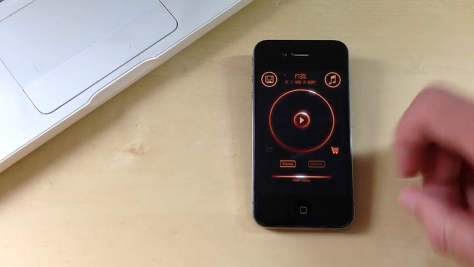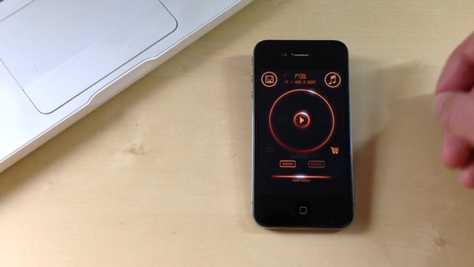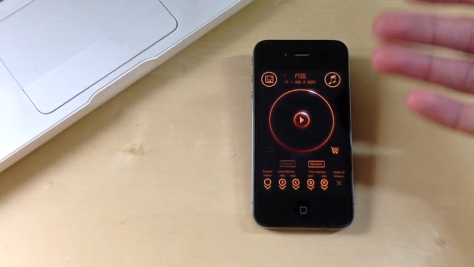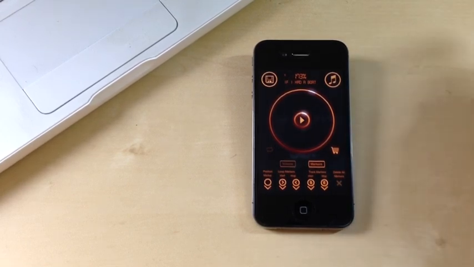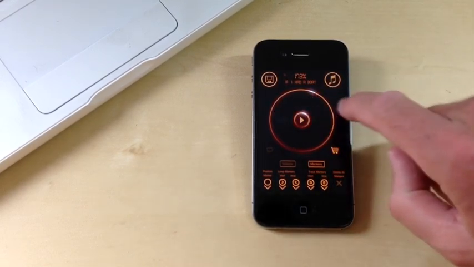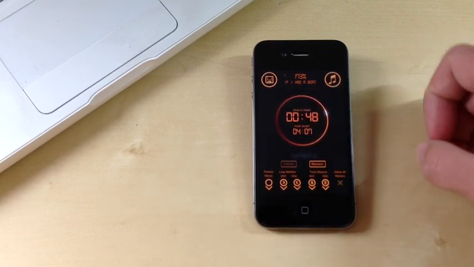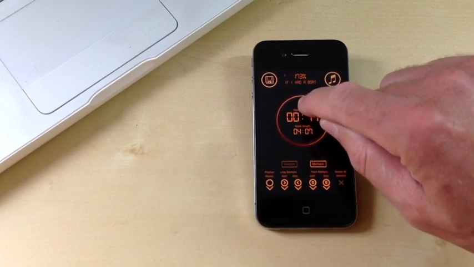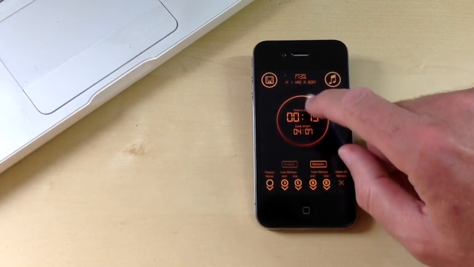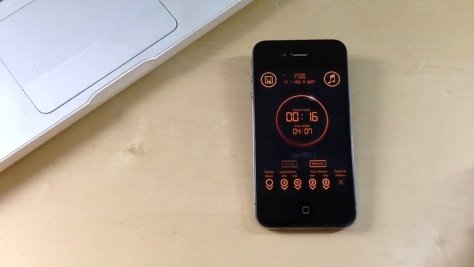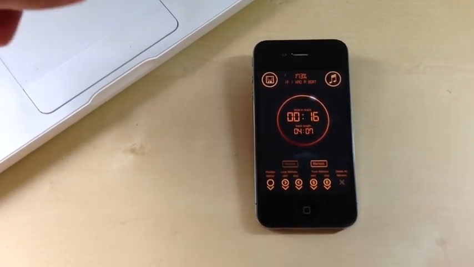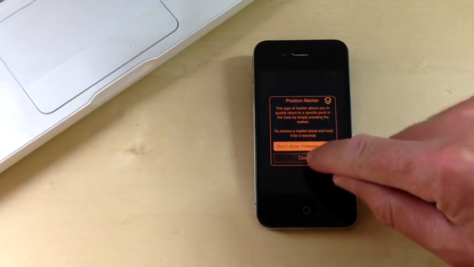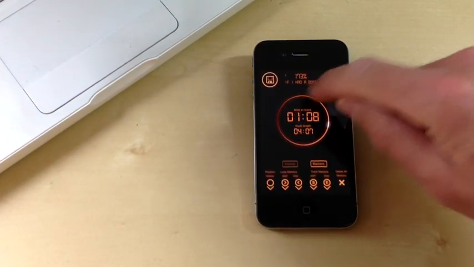Now, also available within Tempo SlowMo are marker features, which enable you to position a marker at a particular point within the track so you can skip back to it. If I go to the progress screen, which is available by swiping left, you can see we've got another wheel here which allows you to get to a particular point in the track. The markers available here: first one is a position marker, which just allows you to skip back to that point